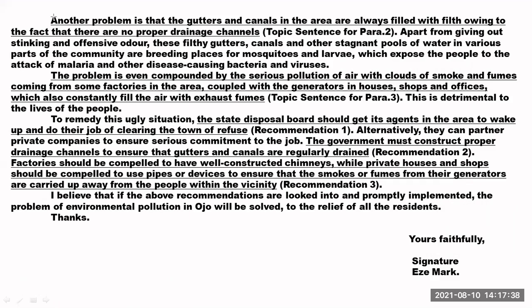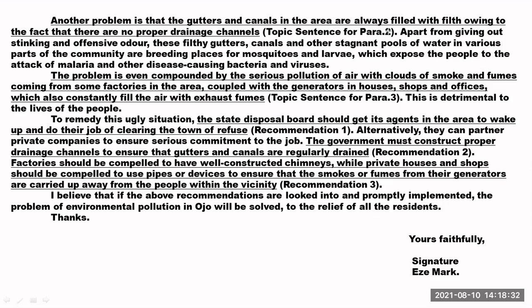Then we come to the third paragraph and we discuss point 2. Remember our point 2, all right, which is drainage channels. And how do we put it? We begin again with a topic sentence. And we say here, another problem is that the gutters and canals in the area are always filled with filth, owing to the fact that there are no proper drainage channels. You see, this is the second point you are discussing, and you have started it quite appropriately with a topic sentence. Now, once you have written your topic sentence indicating the key point you are discussing in this paragraph, then